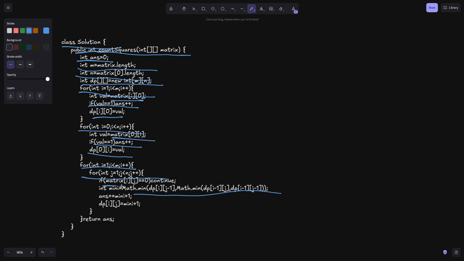If it is 0, we will continue and not perform any operation. We will go to the next step. But if it is 1, we will find the minimum of all the three directions, and I will increment the answer by the minimum plus 1, and I will also set DP of i j equal to minimum plus 1. After performing all the additions, at last I will be determining the